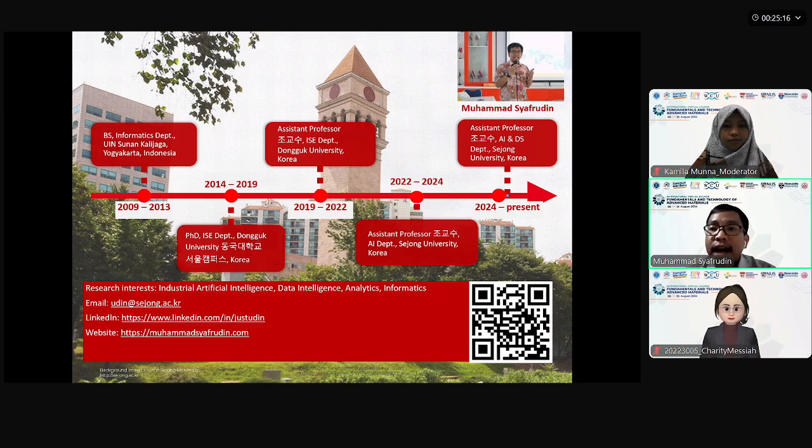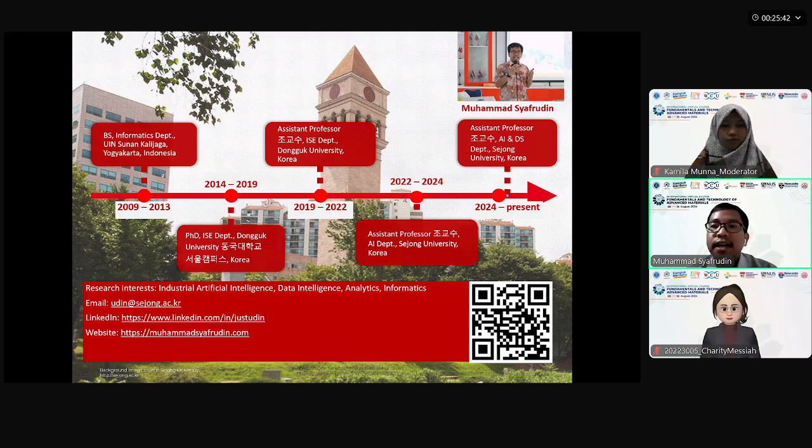After my graduation in 2019, I joined as assistant professor in the same university where I took my master and PhD for 3 years. And then I moved to my current university in 2022 in the AI and data science department. And mostly we are working in industrial artificial intelligence, and we haven't actually applied this to battery in our